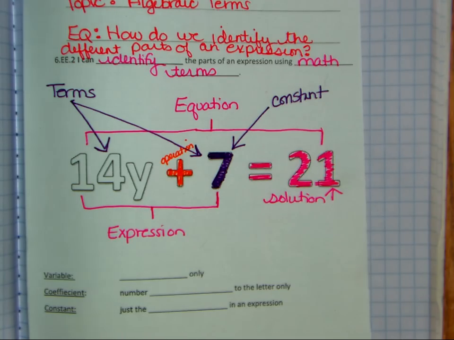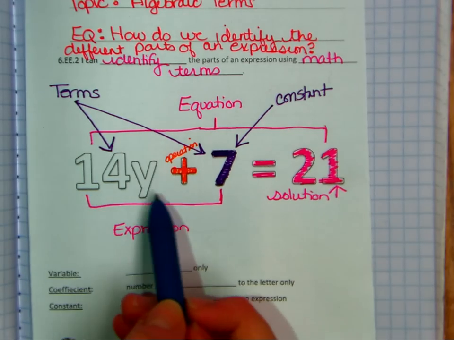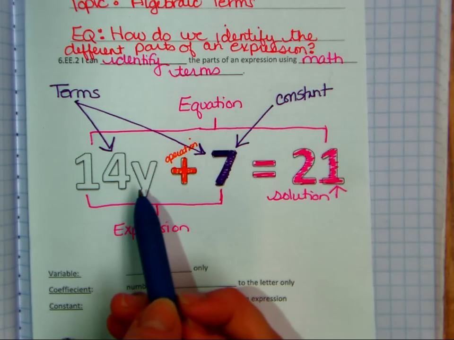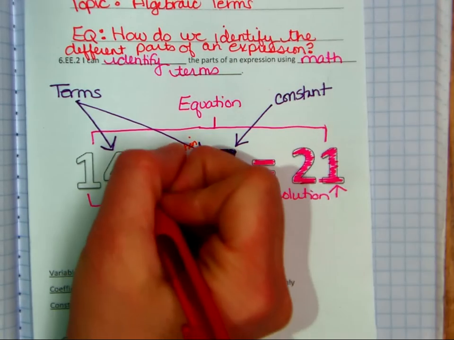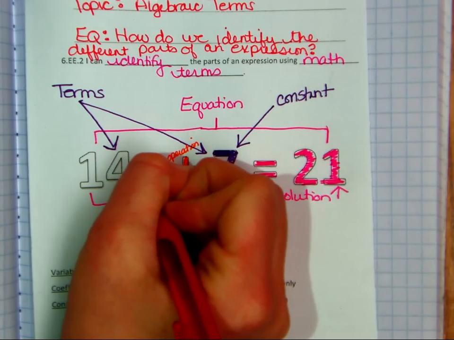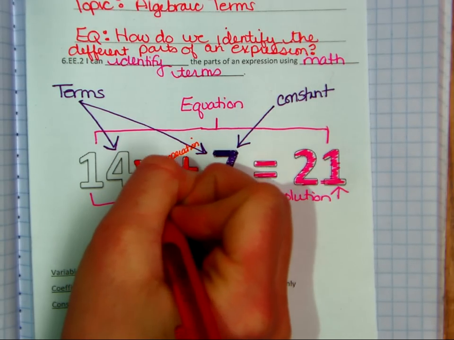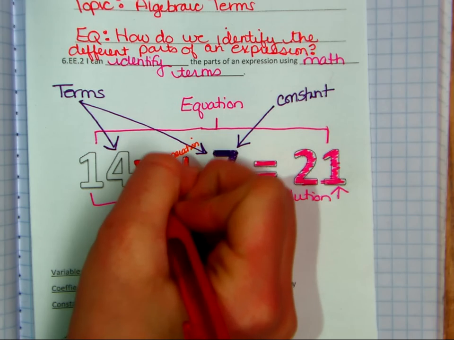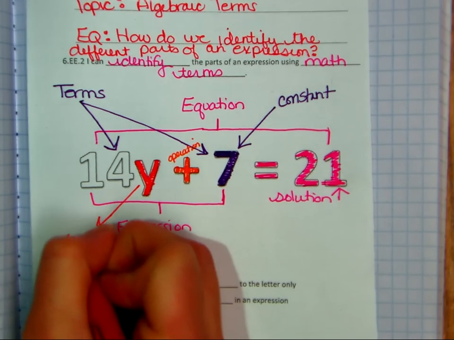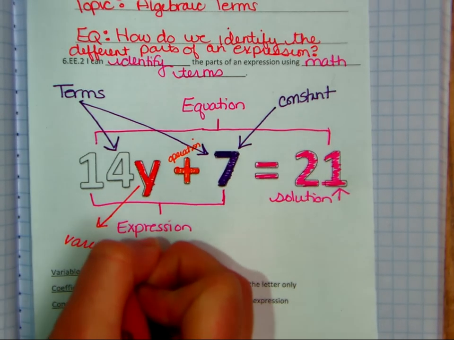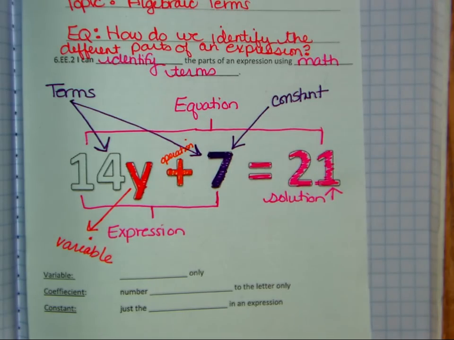The next thing we're going to look at is this term that we have over here, this 14y. This term is made up of two different features. The first feature that we have is this y. And in this term, this y is called the variable. It is the unknown. So I'm going to write this out here. This is the variable. So the term 14y has a variable, and then it also has a,